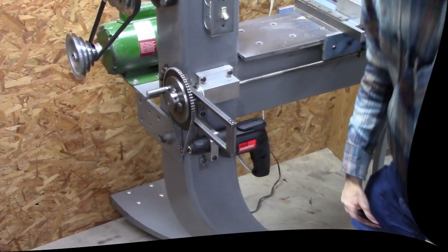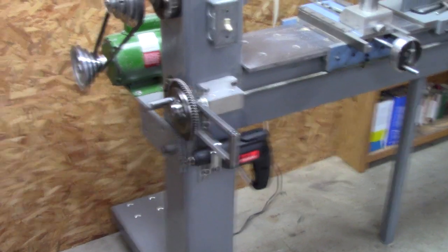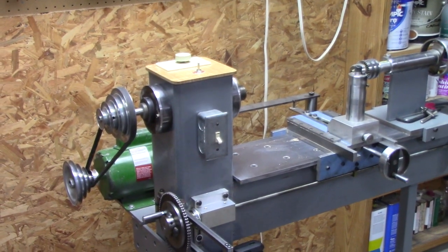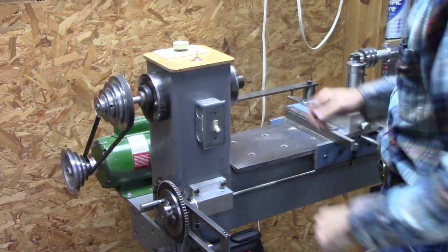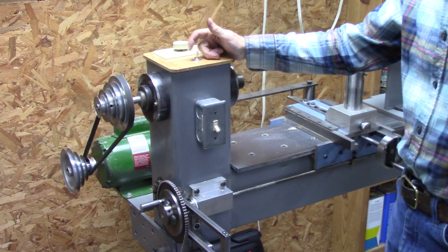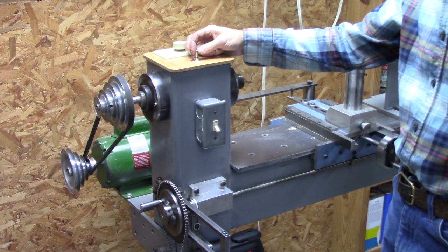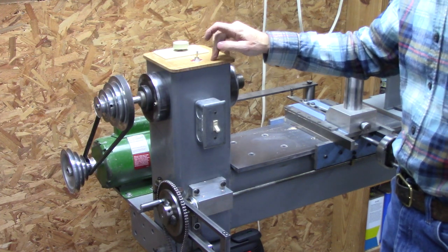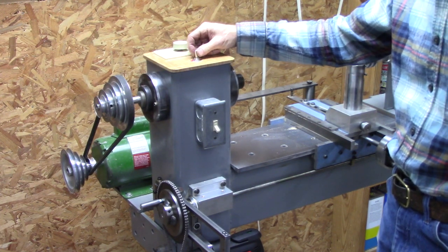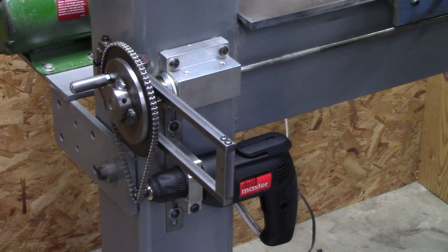Now, I will replace this switch, which I haven't yet, with a momentary contact, double pole, double throw. And it's a reversing switch, but I want to make one that stays switched. This one is momentary. So with the motor running,